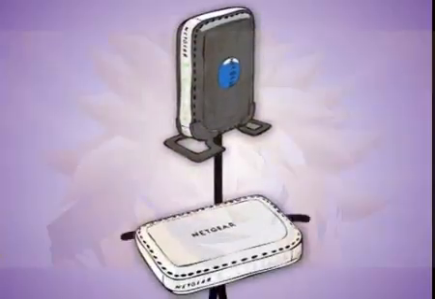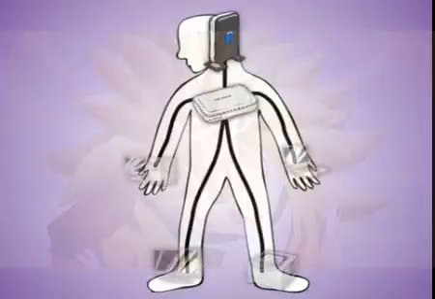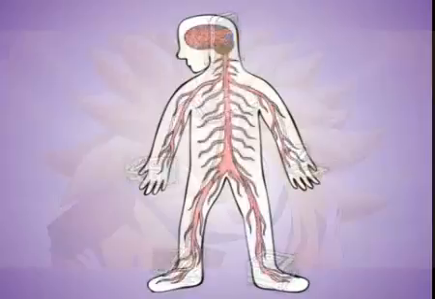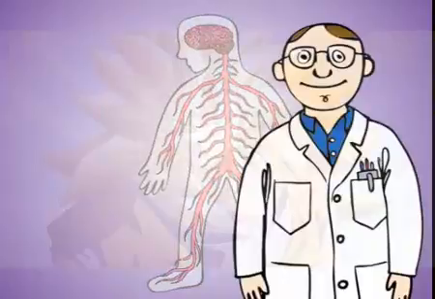A router, a switch, and network cables all come together to create a fast and reliable wired network that works a lot like your body's nervous system. Fortunately, you don't have to be super brainy to understand how